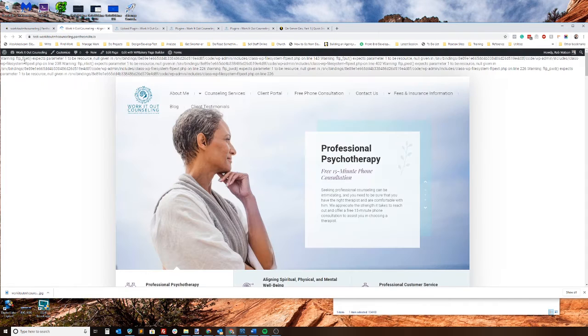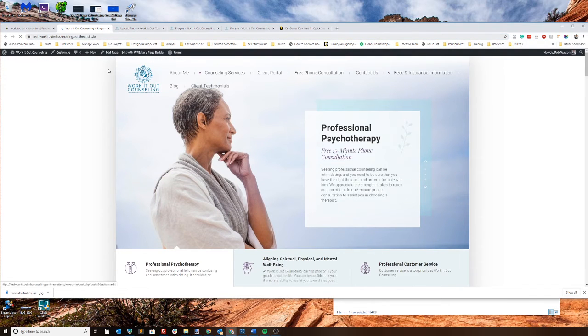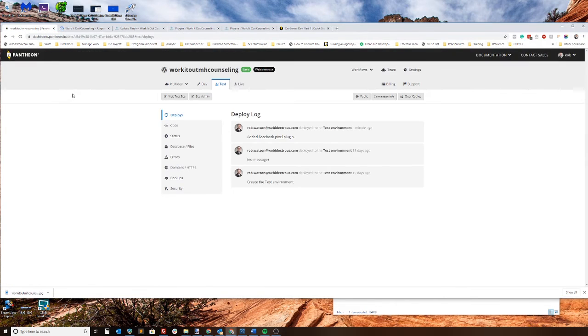oh, look, interesting. We have some interesting errors here. So this is a good example of why we need to troubleshoot things. All right, so I just reloaded test, and it looks like that was just a momentary glitch. I'm just going to reload it one more time just to make sure everything is still good. Yeah, okay. So it could be that test was just warming up and it just had a momentary error, so it's fine. All right, so test is fine, but this plugin doesn't do anything until it's on live,